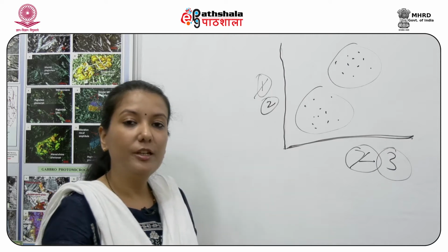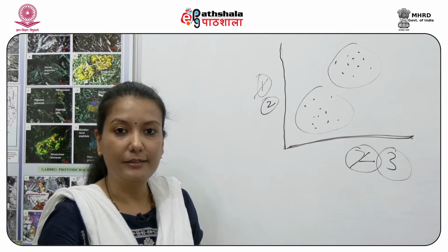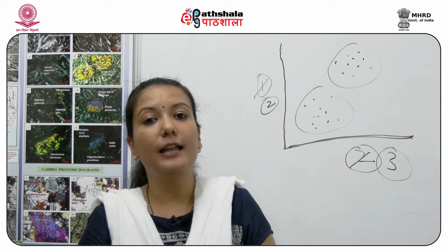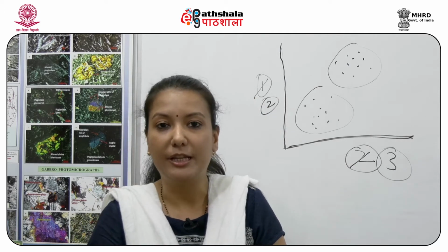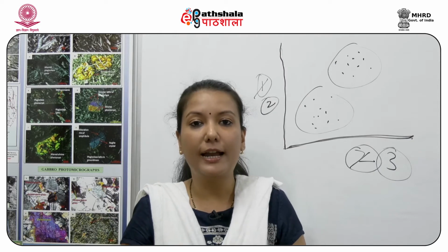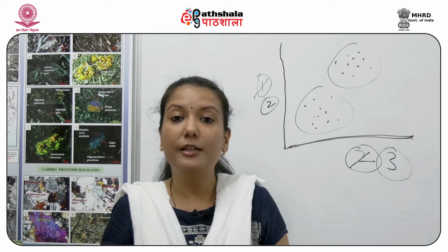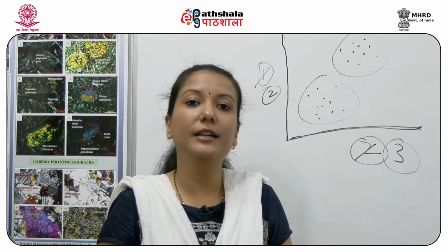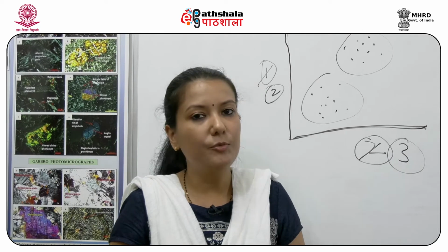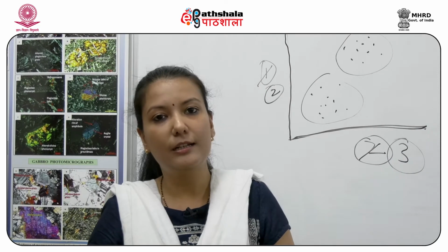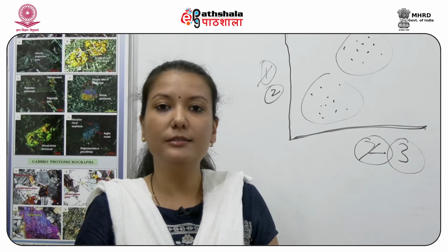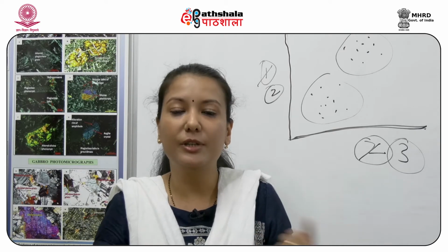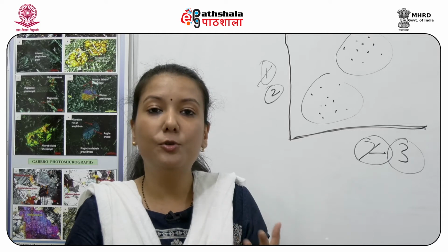Other things that are important for deciding the training site: we need to remember that we first decide how many classes we require to classify an image. Suppose you are classifying for a land use land cover map. Generally we would need at least 3 to 4 classes, but depending on the area you might need even more classes. Suppose as a starting point you start with 3 classes, maybe soil, vegetation, water, and the 4th class can be urban area. So these are the 4 classes.